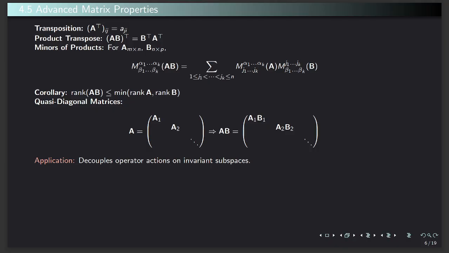The Binet-Cauchy formula provides a connection between the geometry of a product transformation and the geometry of the individual transformations. It states that any k by k minor,